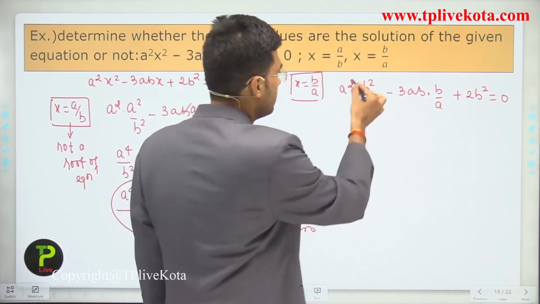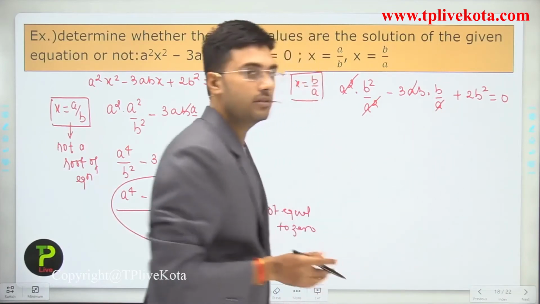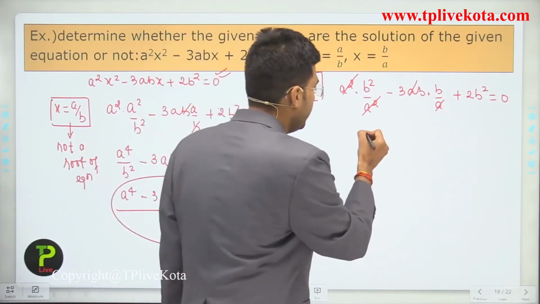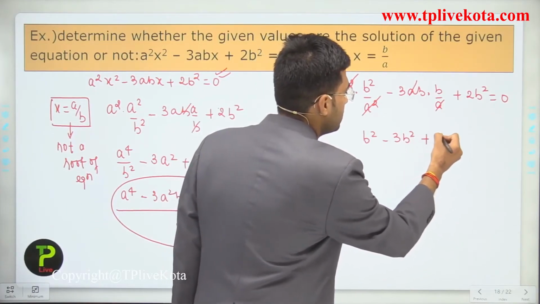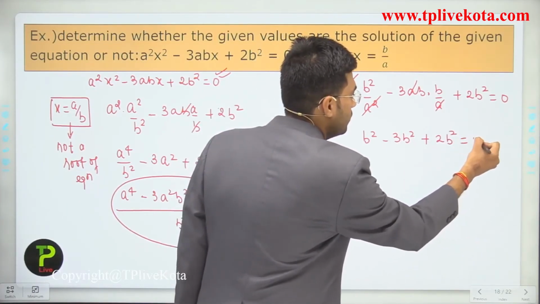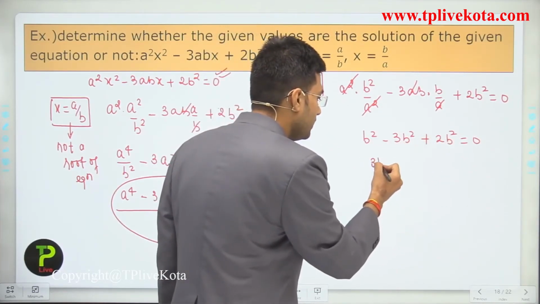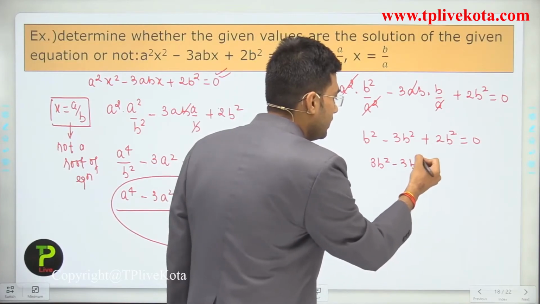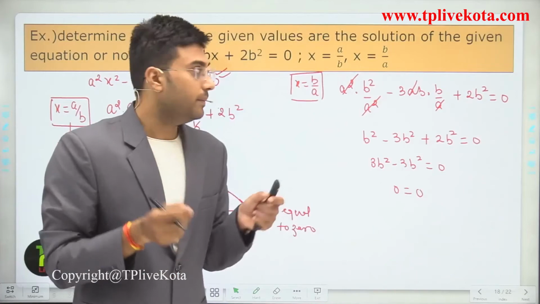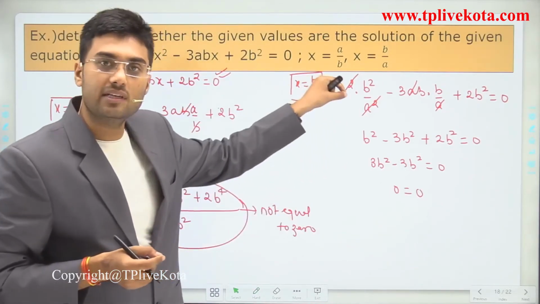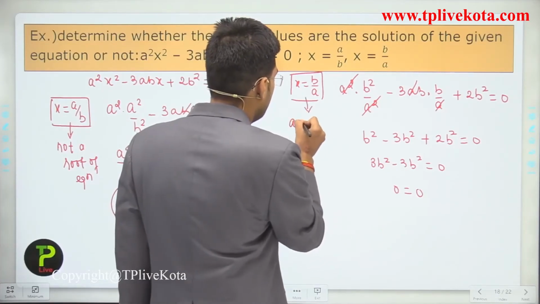When we solve this, a square and a square cancel out, and a and a cancel out. So what will we get? b square minus 3b square plus 2b square equals 0, and b square and 2b square becomes 3b square minus 3b square, and this is 0 equals 0. What does it mean? It means x equal to b by a satisfies this equation. So we can say that this is a root of